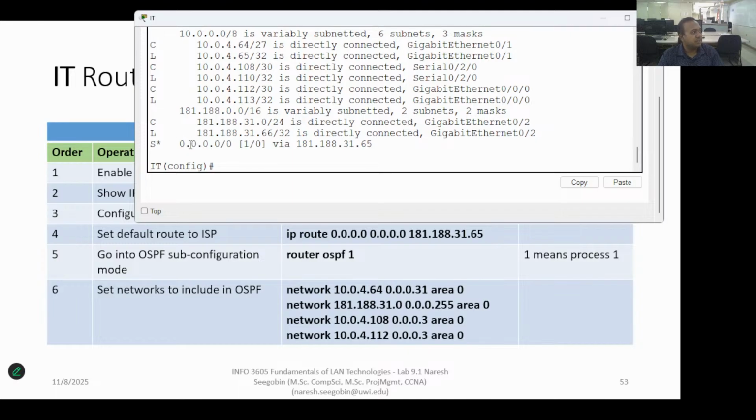The reason I'm setting it now is that when we start to route OSPF, the IT router is going to set default information originate. It's going to take that static route and send it out as advertisements to the other routers to know where our default gateway is, right? And that's important. Right, so we just finished that, so now